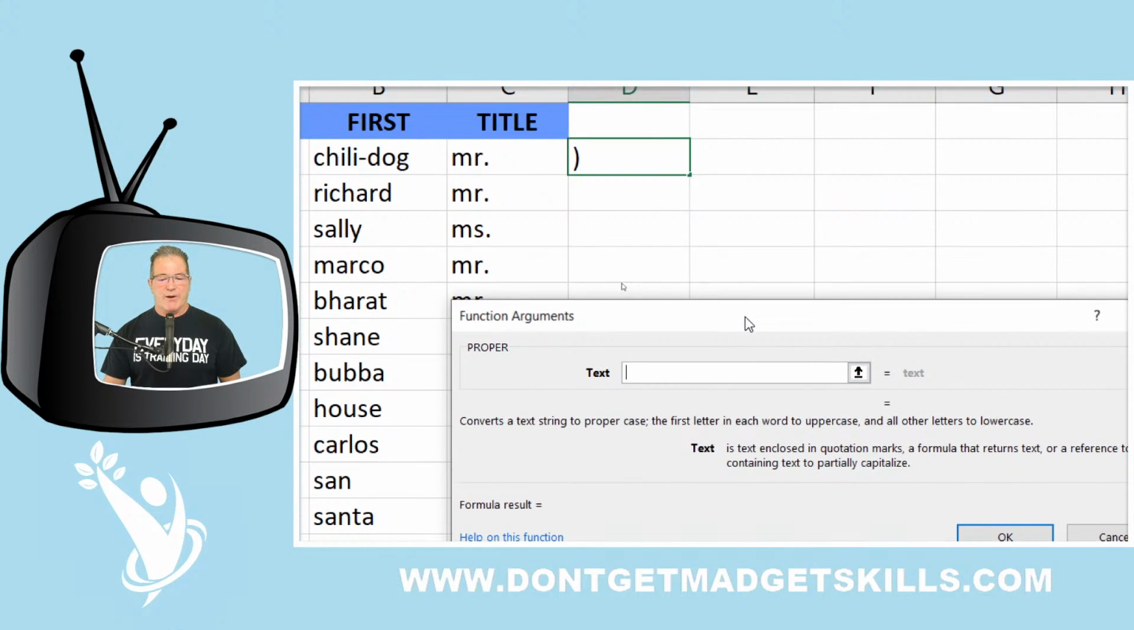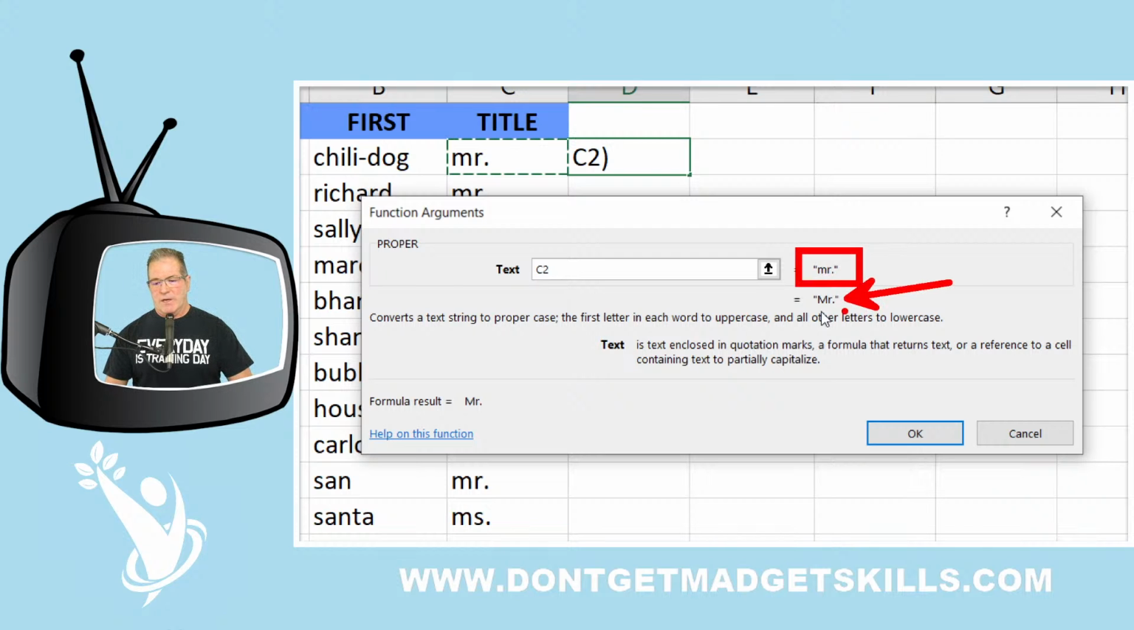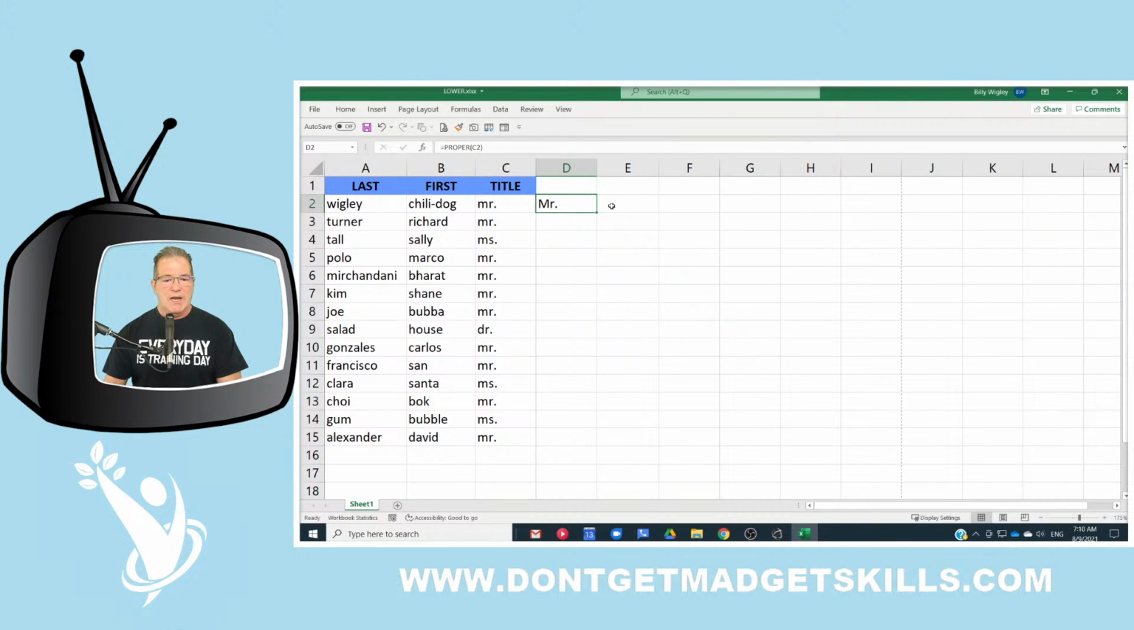And now we are using our Function Arguments dialog box. Here it explains that we only need one argument. So we're just going to say, okay, that's Mr. And here we see the results right there. This is what we have in there, and right there's the result. We made it proper. Now I can just press OK. And then I'd have to do it just like this. I'd have to go equals,